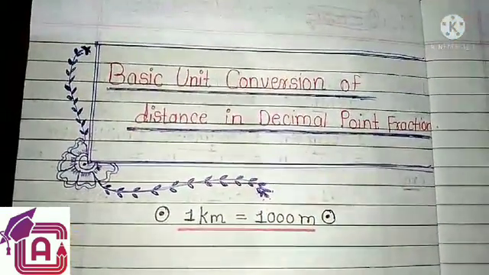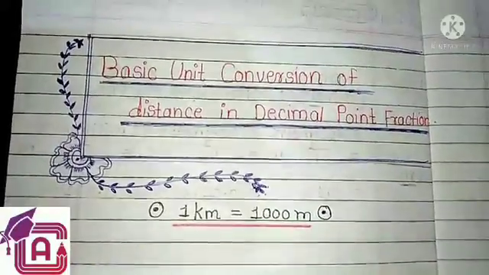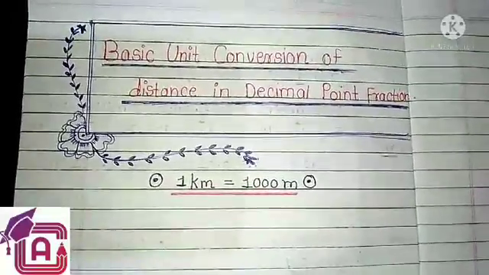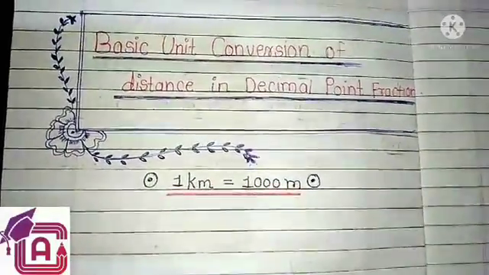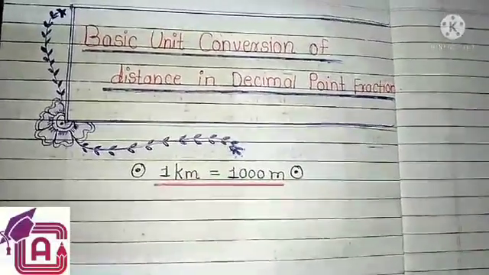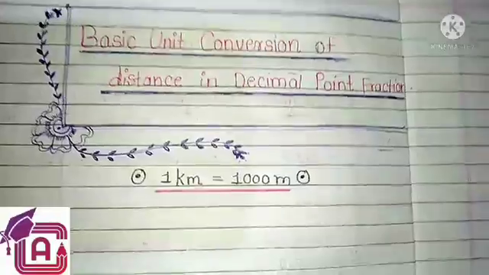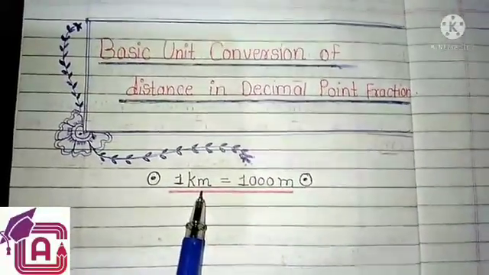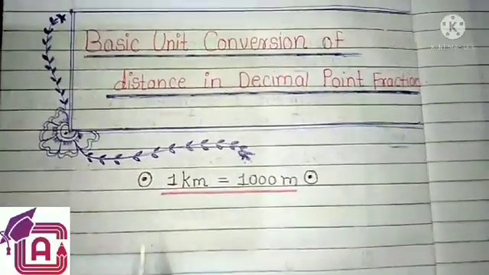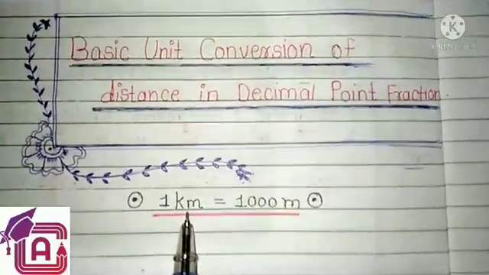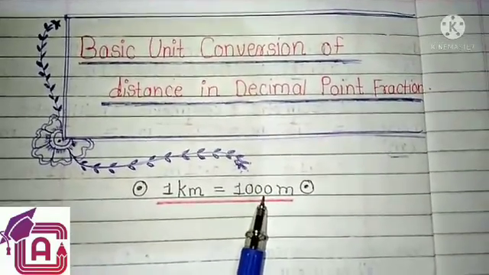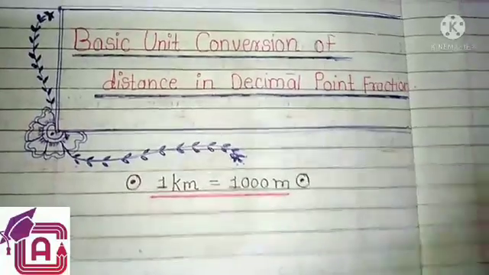Let's begin with the first basic unit, which is the biggest unit for the measurement of distance, that is kilometer. It is mostly used in the measurement of distance from one place to another, a city or a district. What is the distance between them? That should be calculated with the help of the unit kilometer, which is used for measuring longer distances. And we know 1 kilometer is equal to how many meters? 1000 meters. 1 kilometer is equal to 1000 meters.